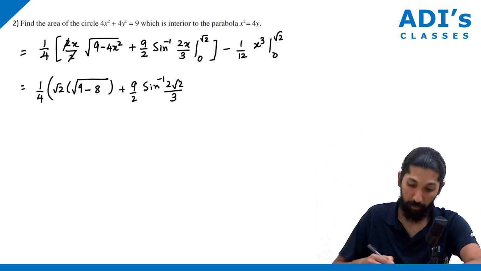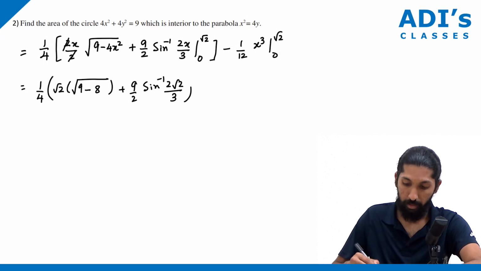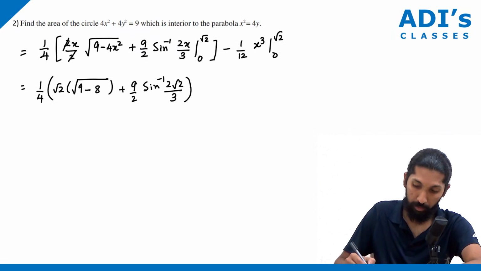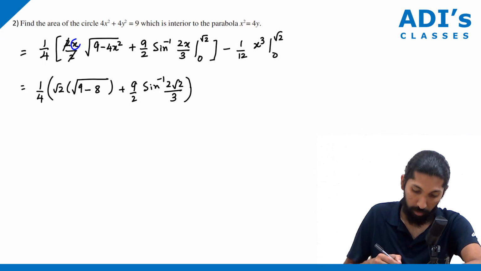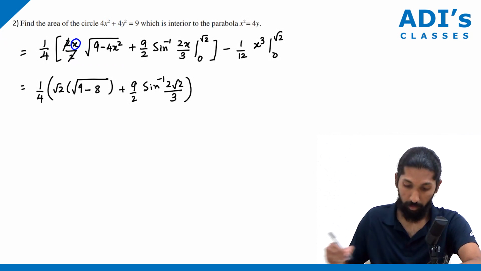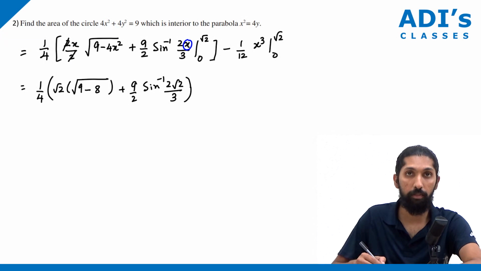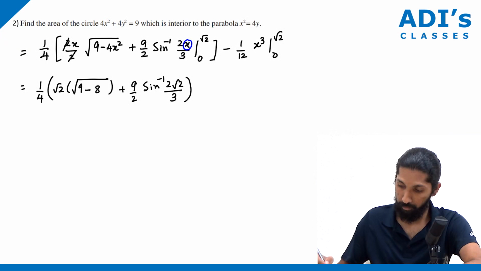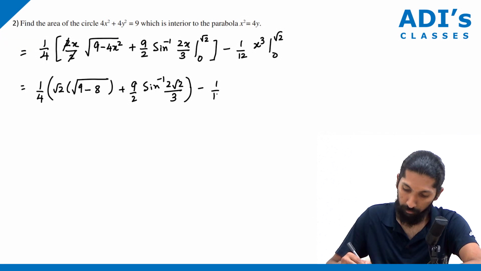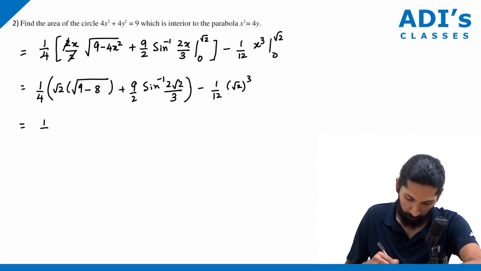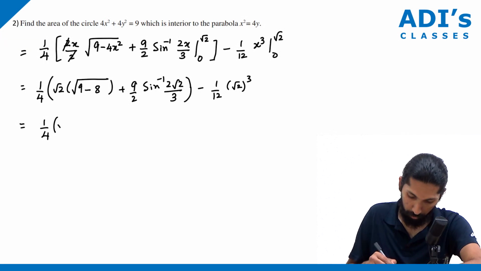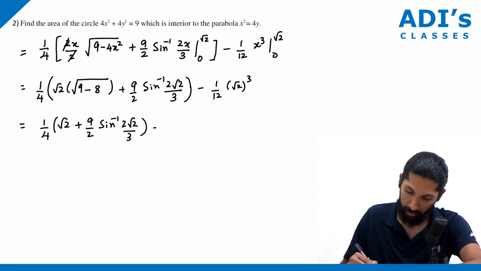Next, if you substitute 0, everything becomes 0. Because see here, very simple. When you put x as 0, this term becomes 0, so the entire term becomes 0. Then sine inverse of 0 is 0. So everything becomes 0. Then minus 1 by 12 of root 2 whole cube. So 1/4 of root 2 plus 9 by 2 sine inverse of 2 root 2 by 3, minus 2 root